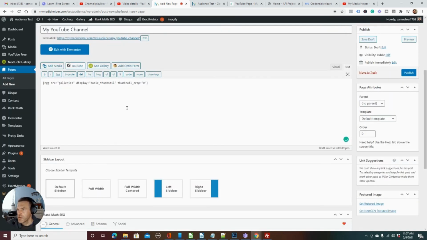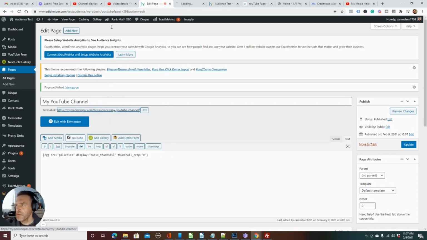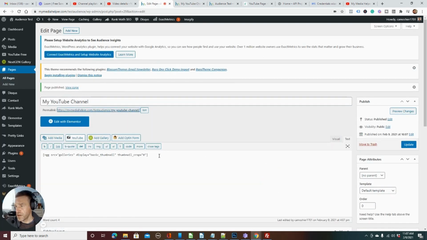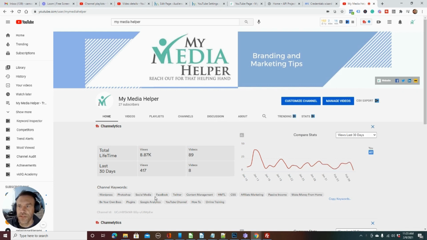Insert gallery. And all right, let's just save it. Let's publish it. All right. And then we'll open it up in a new tab. No images were found. So what did I do wrong here? So I did something wrong. And I did discover what I did wrong. So it doesn't like this custom My Media Helper